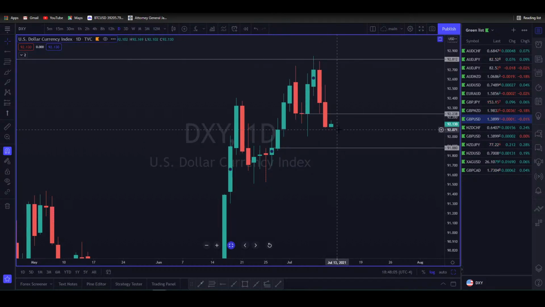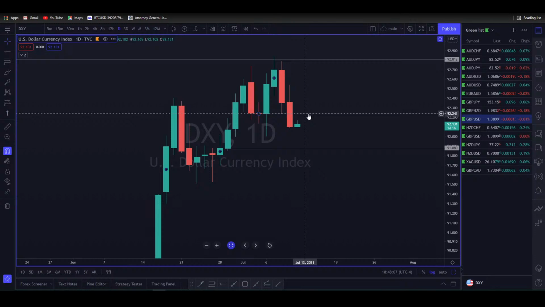Either way, you need to get a daily closure above 92.238 if you're looking for bullish entries on the dollar, and you will have resistance again once you get up there. For bearish